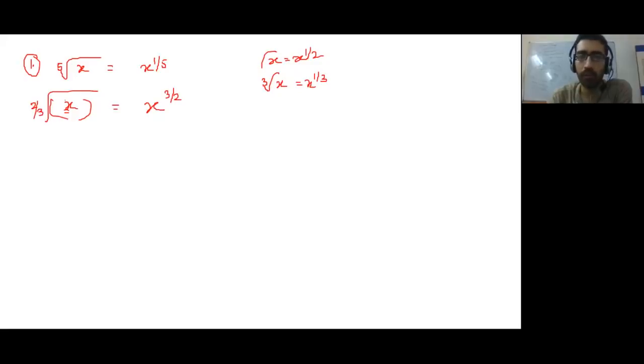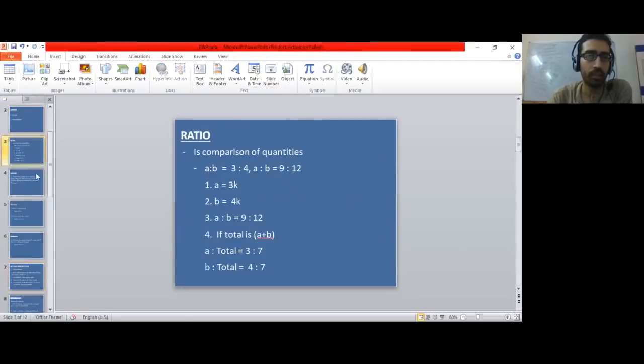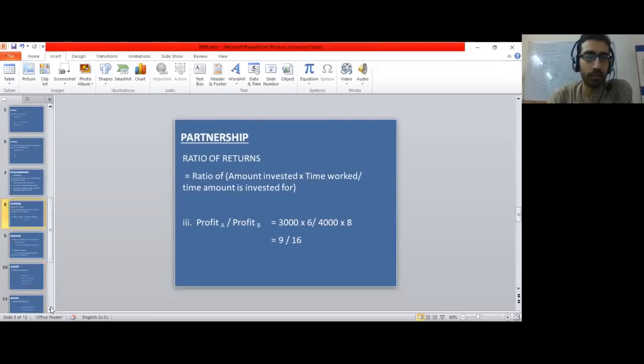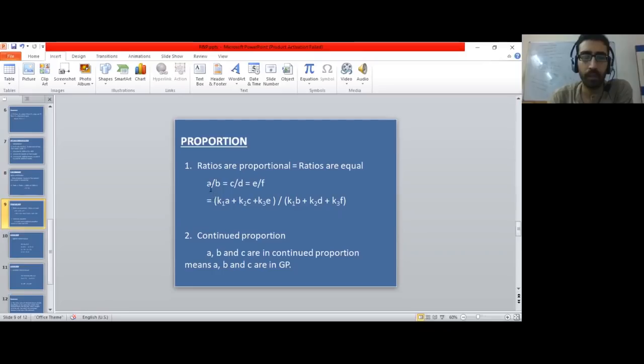If you have a look, we had covered this in the slides. Let me just go back to the PPT. Here, yeah. I also had given you a question in which you had k1a square and then k2c square and then k3e square. And of course, all the values are just squared. They become the whole square.